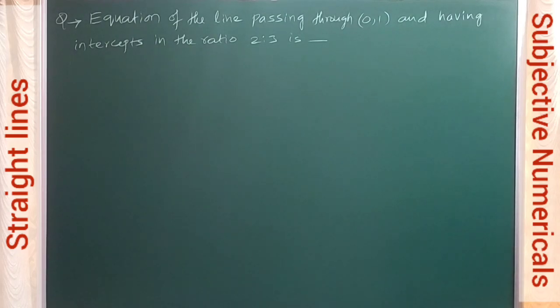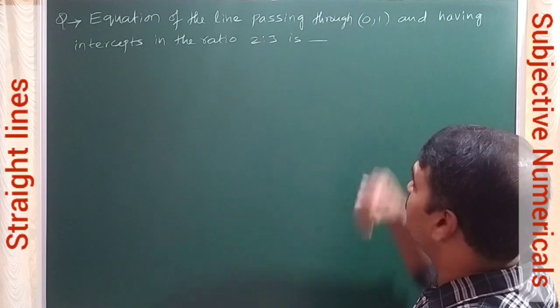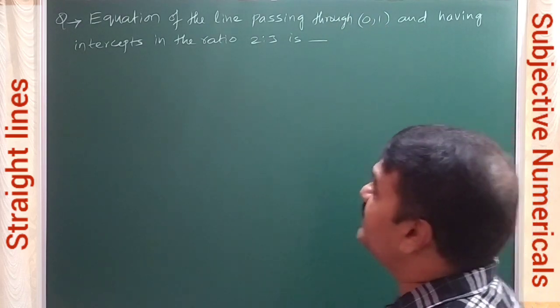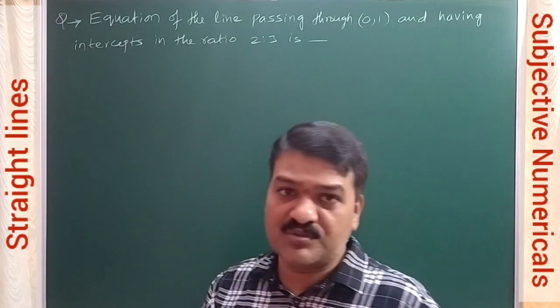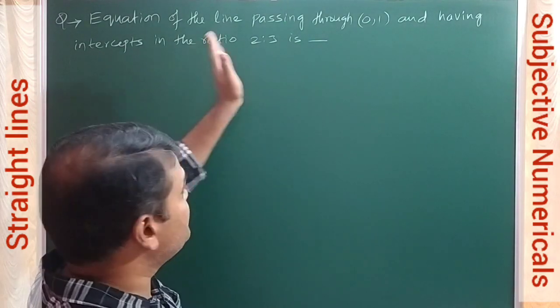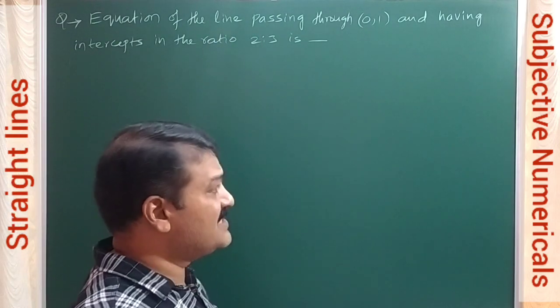So next question on board. Equation of the line passing through (0, 1) and having intercepts in the ratio 2:3. So the line is passing through one point they have given and the intercepts ratio they have given. Okay, so intercepts ratio. Let us consider